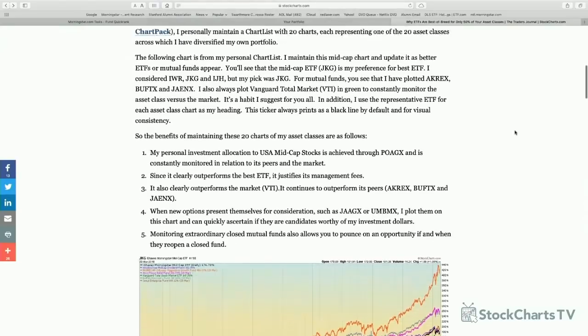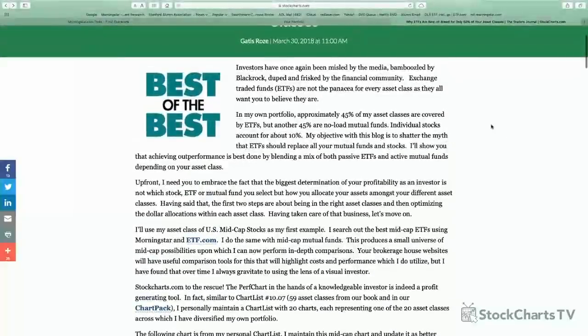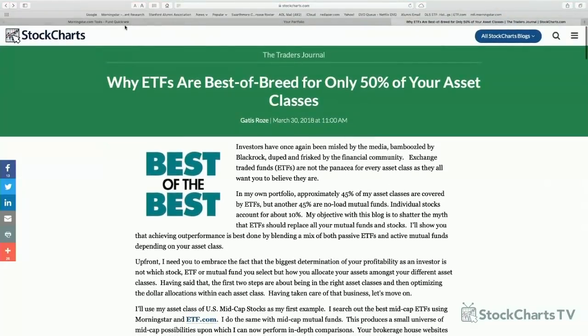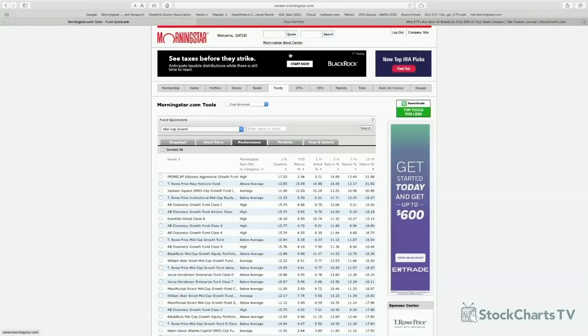It is a great resource, and it is worth, as I said in the early disclaimer, I feel as though those two services, StockCharts and Morningstar.com, are worth paying for. Now, you can also go to the library and get it for free, or check out your broker and see if that works. But well, I'm sort of curious to try the